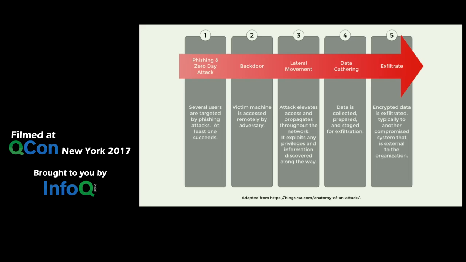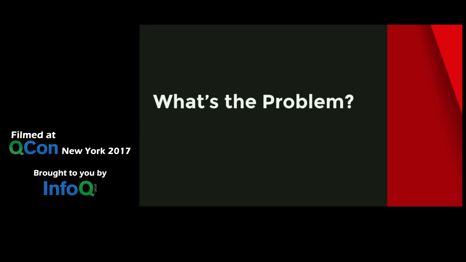But how do you move laterally? Well, you get SSH keys. You get admin credentials. You get other pieces that allow you to move between these machines. From there, you collect all of the data that you want to get out. You do something to package it up. Maybe you encrypt it. Maybe you compress it. And then you find some way to get it out. Typically, you're going to take it from whatever the organization's network is that you're in and bring it out to some other compromised machine. Maybe take it through a couple of hops so that it's harder to trace back to you. All right, this is how it works. And so those SSH keys become a very important step.